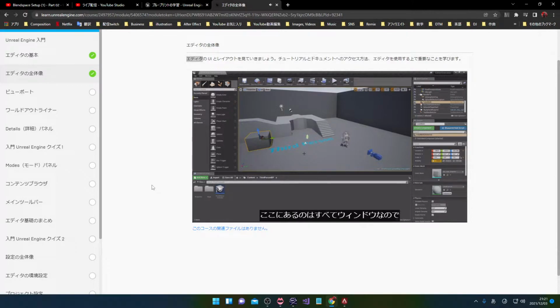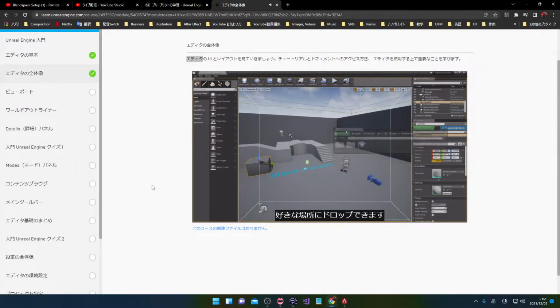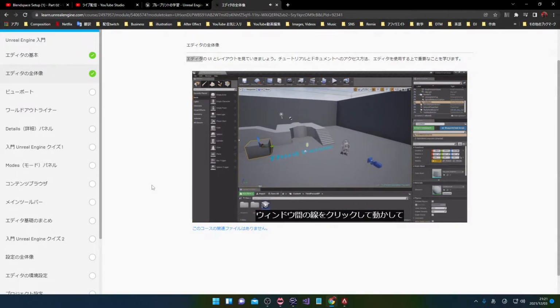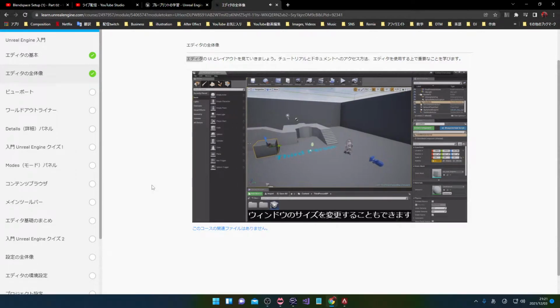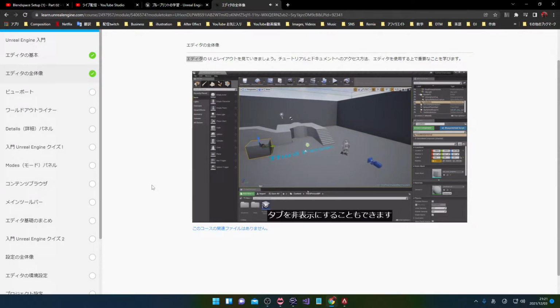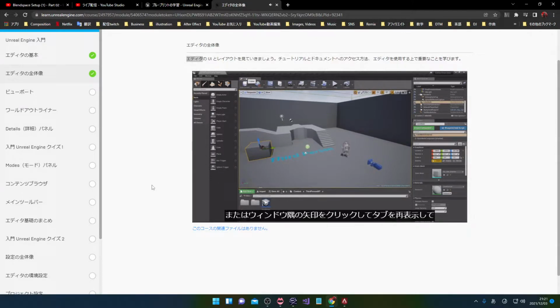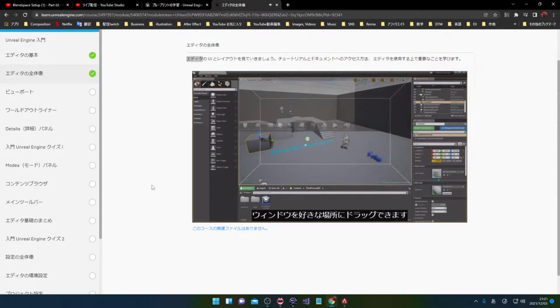Everything in here is a window. We can move a window by clicking on the tab and dragging it and dropping it wherever we want it. We can resize windows by clicking on the dividers between windows and moving them to where we want them. We can hide the tab. So for example, I like where the content browser is. I can right click and hide the tab, and now it's going to collapse it. Or we can click on that little arrow, unhide the tab, and then that will allow us to move it